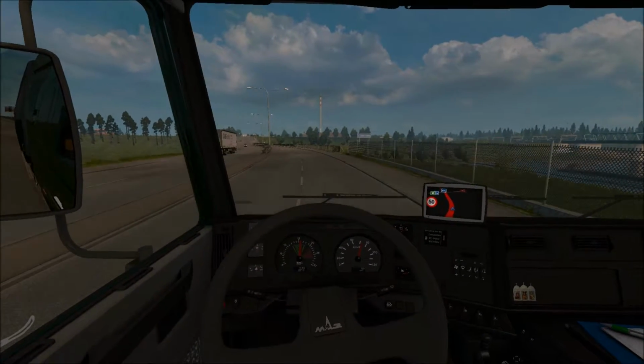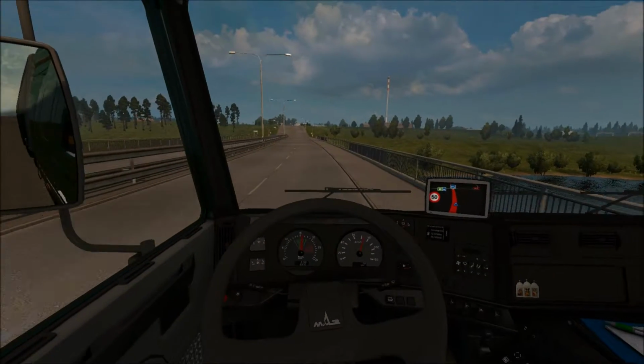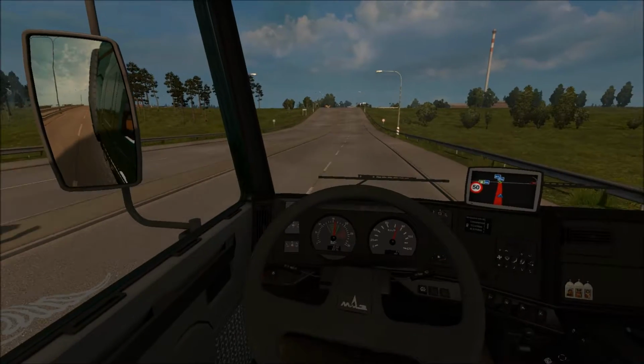Into 8th. I think that's quite better having it in the odd gears, because as I've got a 12-speed G27 box, I can go 1st, 3rd, 5th, 7th, and then 8th, because the